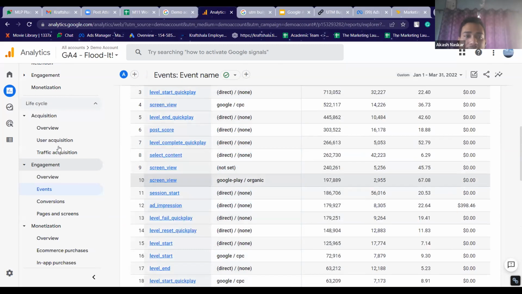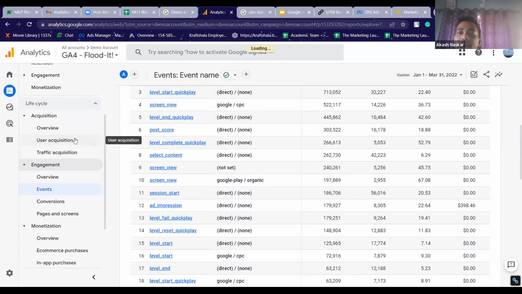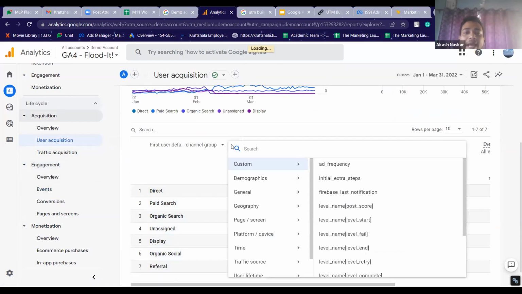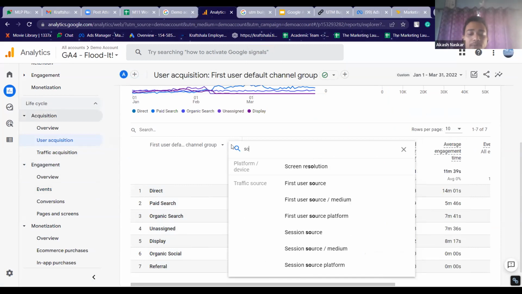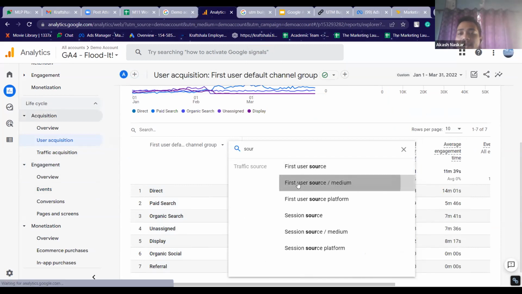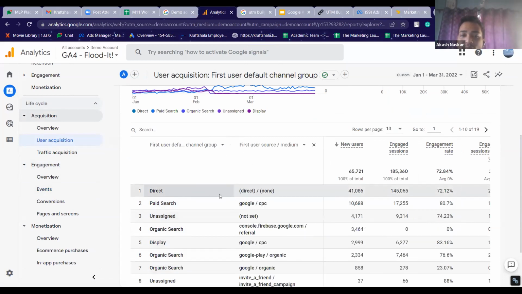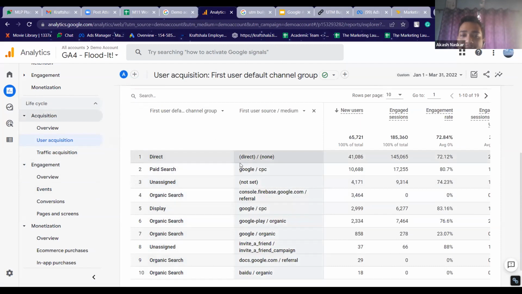Another way to view this data is from user acquisition and traffic acquisition. For example, if we go into user acquisition and again add a secondary dimension of source medium, then you can divide these users into different segments. Here you see direct is divided into direct none.